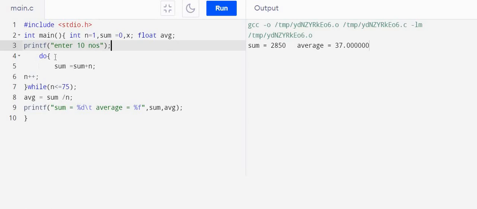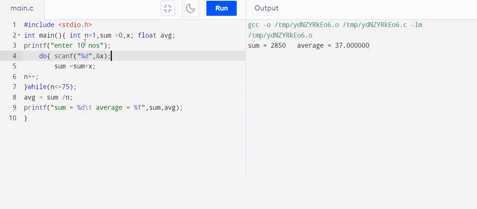Whatever numbers user will enter, we have to read them and then add. Every time the previous sum is modified, it is added with the new number. The number entered by user will be x and the new sum will be generated. Now we have to scanf %d, because user is entering the decimal number, comma, and ampersand x.